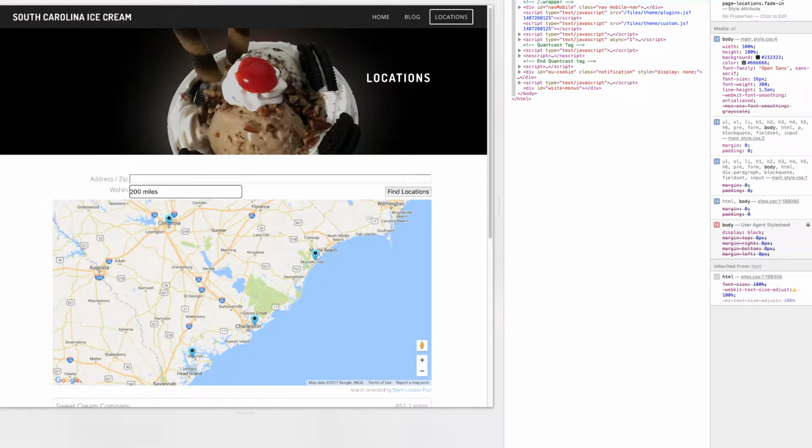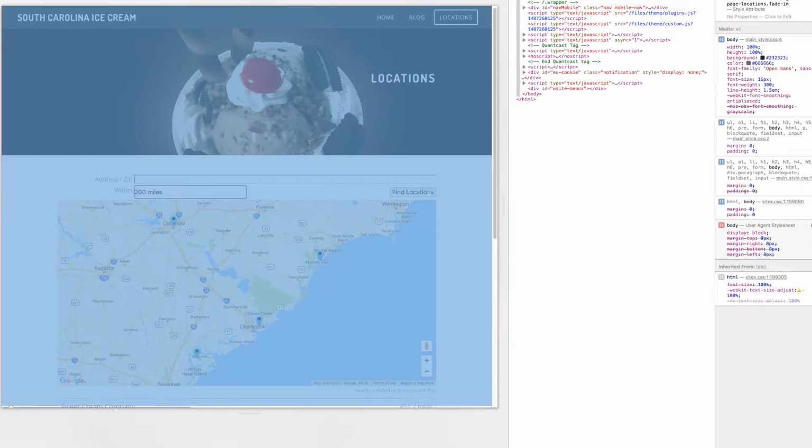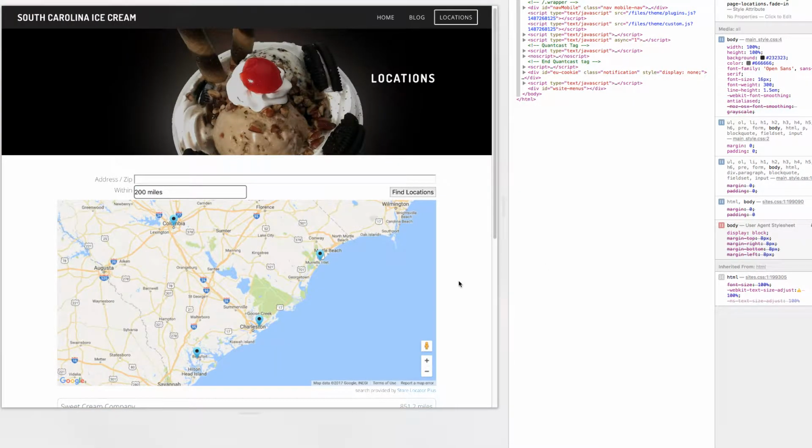I'm back on our Weebly site and I'm going to show you some of the ways you can adjust the look and feel of the Locator interface while you're on Weebly. Now this is an older version of our default theme. That style's been updated and I'll show you that update at the end of this video, and you'll see that we have set Weebly specific rules to clean up the inputs on the radius input as well as the find locations button. Now to do these changes, the easiest way is going to be to go to